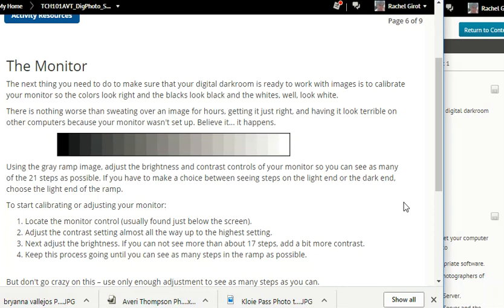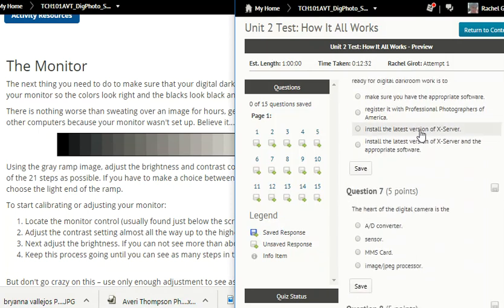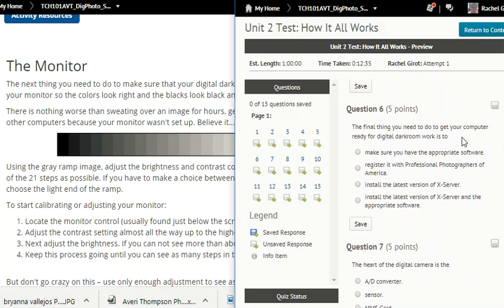Calibrate your monitor so the colors look right and the blacks look black and the whites look white, okay? Calibrate it. Question 6. The final thing you need to do to get your computer ready for digital darkroom work is to